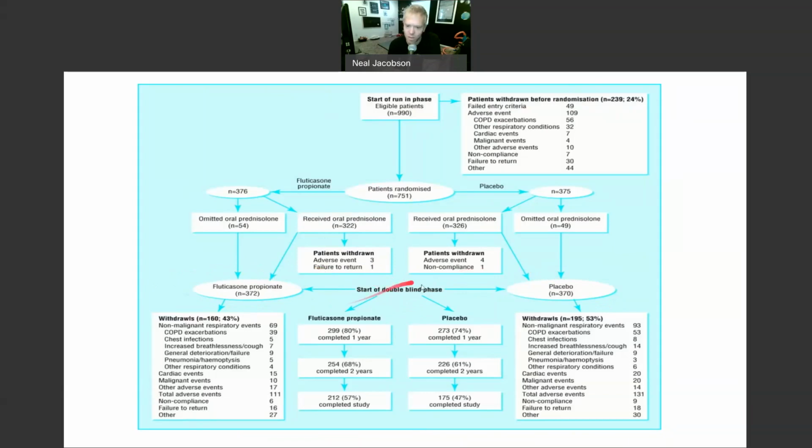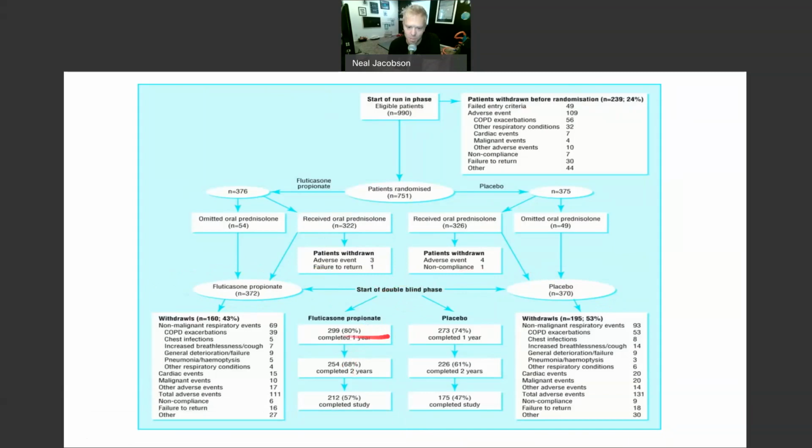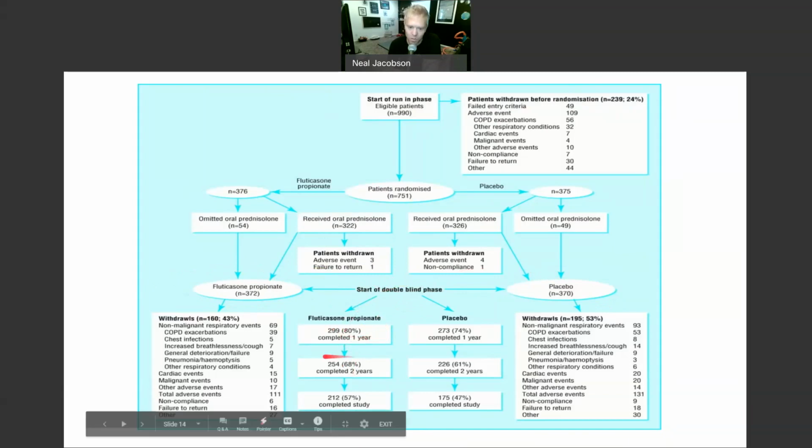And now they do this study over the course of several years. So they do it after 1 year. Only 80% of the people completed the actual program after a year. After 2 years, only 68% were still participating. And then after, what was that? Who knows how long the study was, maybe 4 years, 3 years. Only a little more than half finished the study that was receiving the treatment, and a little less than half finished the study that was receiving the placebo.